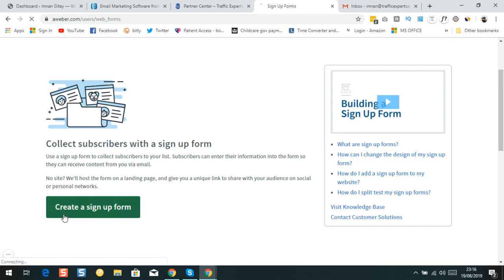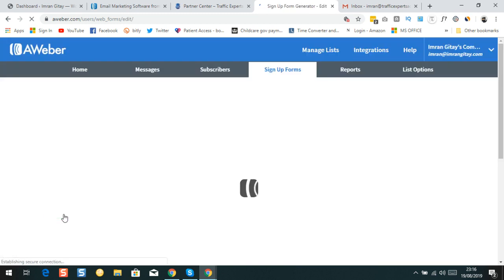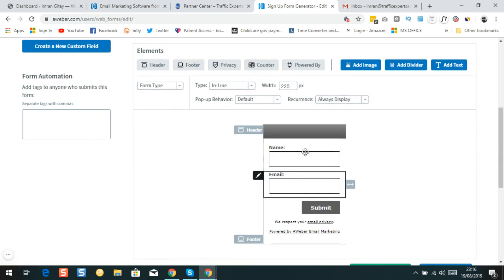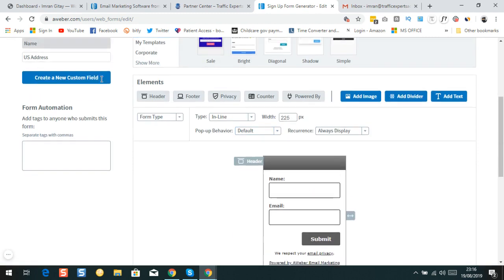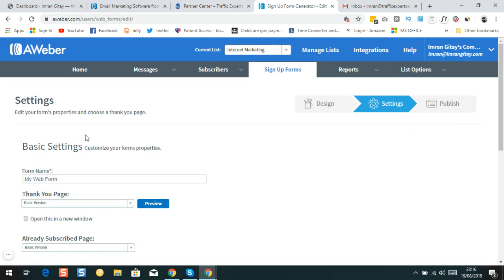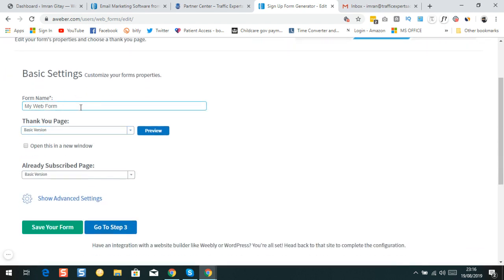Okay, create a sign-up form. The template that is already there is good enough. All you need to do is just scroll down. Go to step 2, basic settings. So my web form, this is an opt-in form. Again, this is just for your own reference. So I'm just going to put HTML